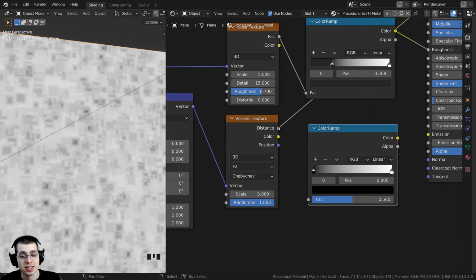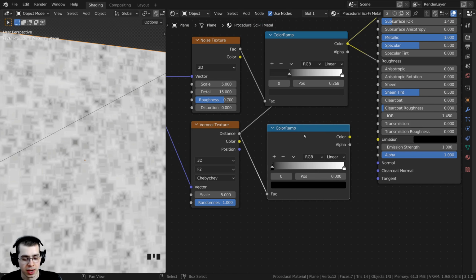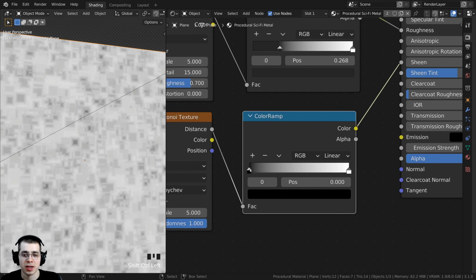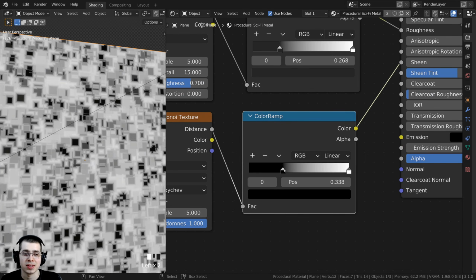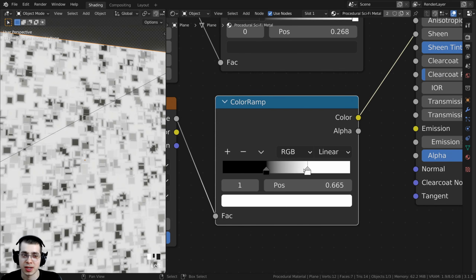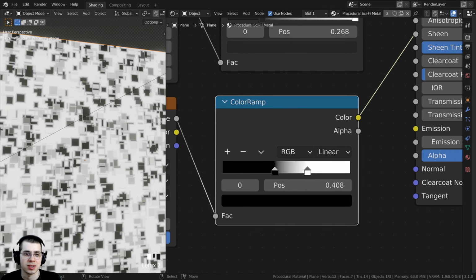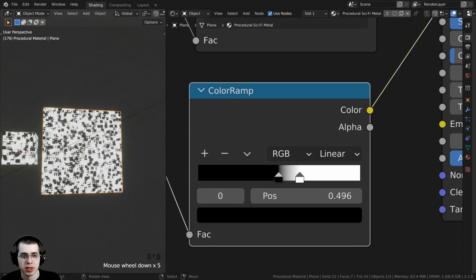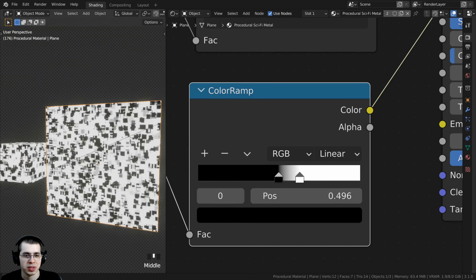And then I can take the distance value from the Voronoi, and I want to drag out a wire and put that into this color ramp. And then to preview the color ramp, I can Control, Shift, and select the color ramp. So now I can click on these tabs and start to drag them closer together. And you can see as I drag them closer together, it's going to be more contrasty. So I'm going to drag these two values pretty close to each other, so we now have this really cool